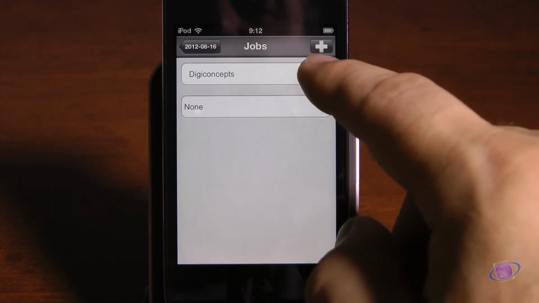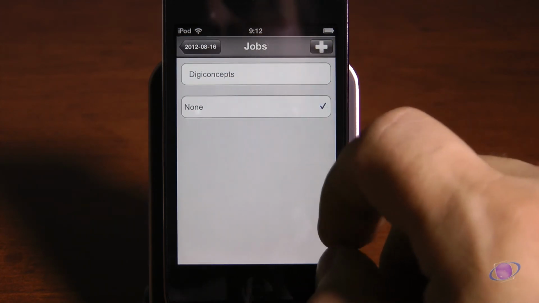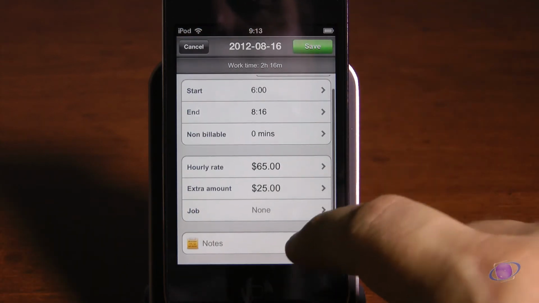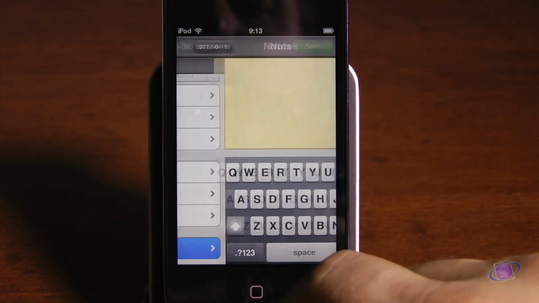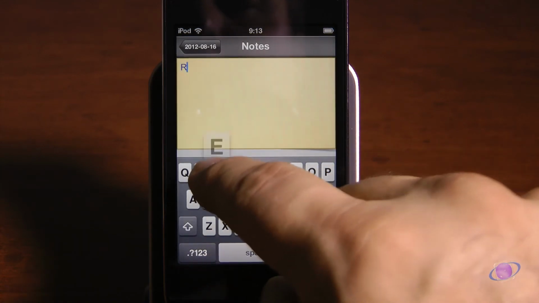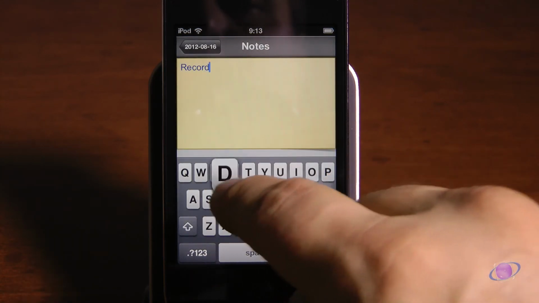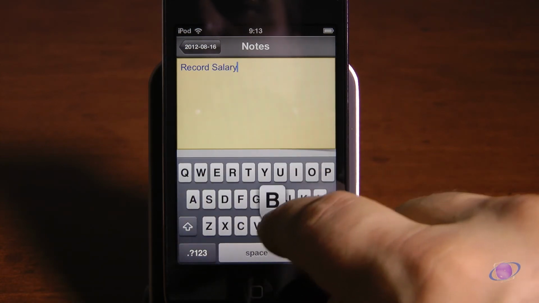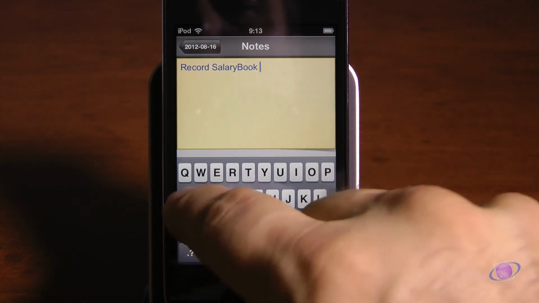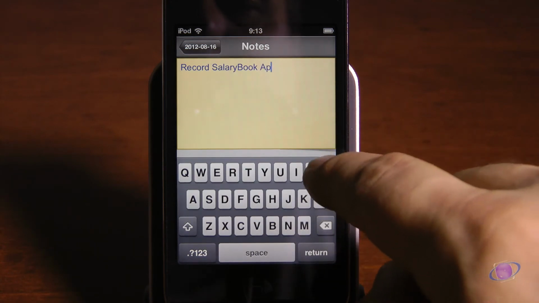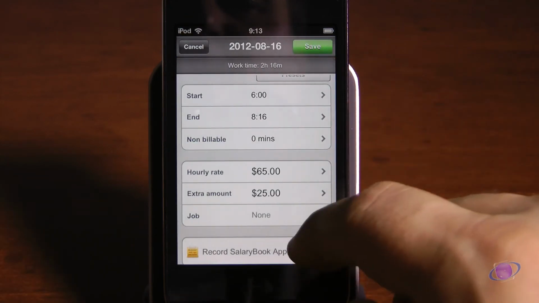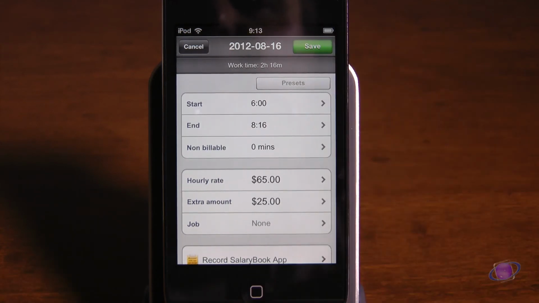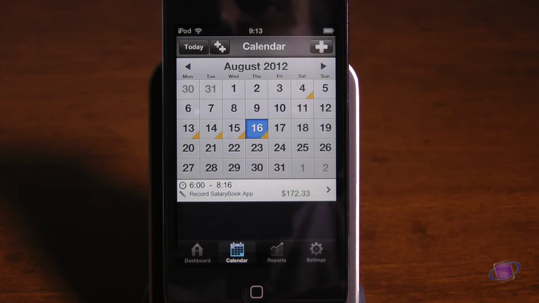If this is for a specific company or specific tasks that you do regularly, you can enter it there. And then you can also add some notes at the same time here. So let's record the SalaryBook app. Once you've completed entering all the information for the fields, you select save, and now we've entered that time